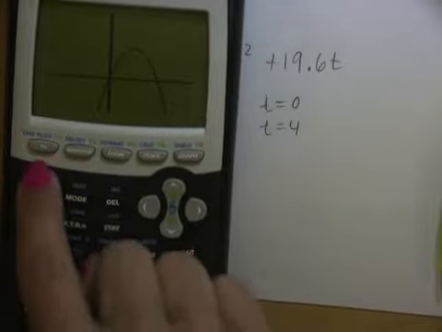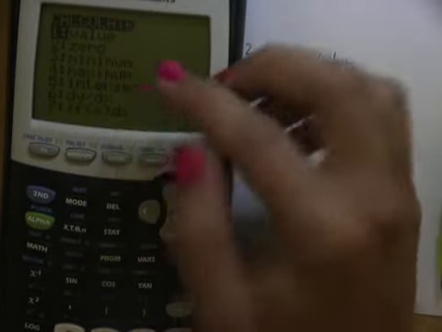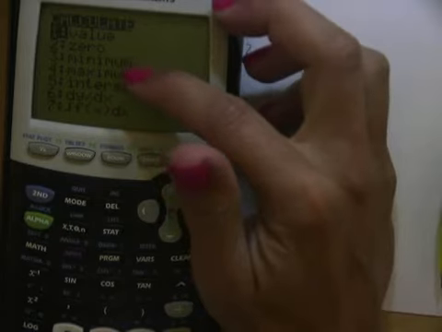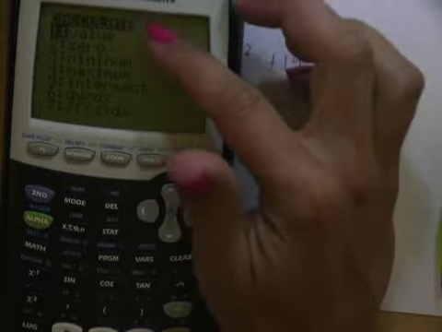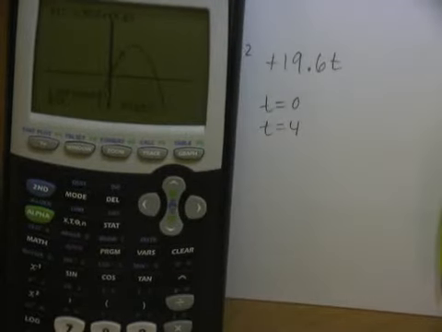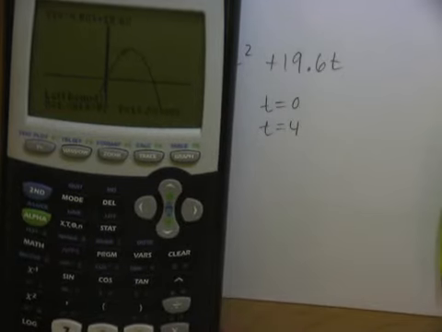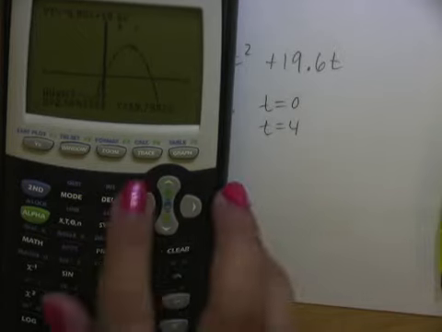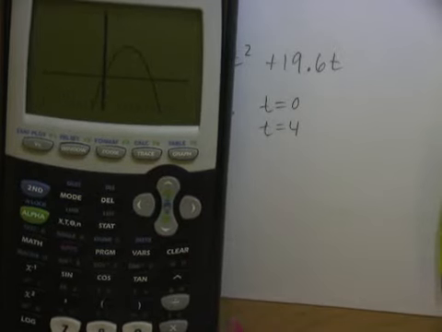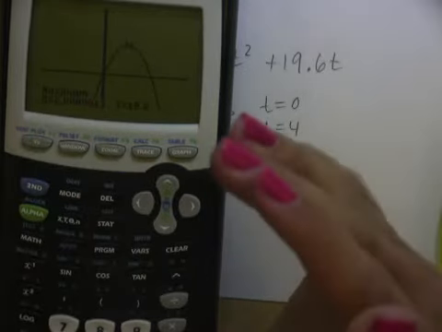And then again, we're back at our graph, so we're going to go to our friendly calc menu where we've been able to use our zero, our value, our intersect. Now we're going to be using these two. In this case, this vertex is a maximum because the vertex, the turning point, is the highest point on the graph. So I'm going to go to option 4. I'm trying to look for that point, so that to the left, enter, move over, that points to the right, guess, enter, and there it says